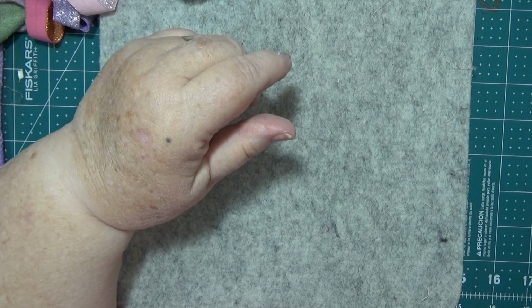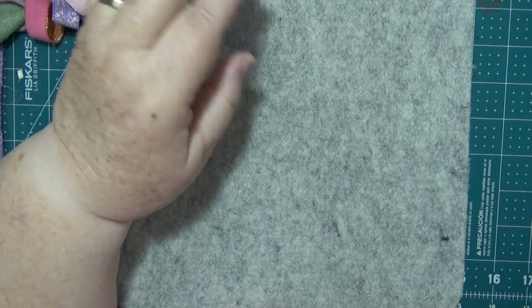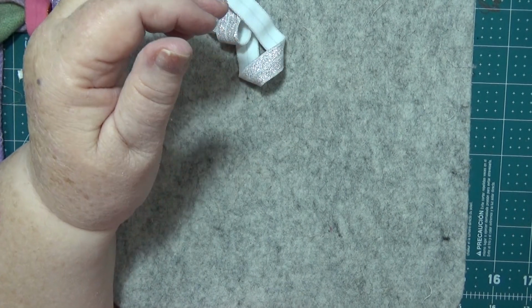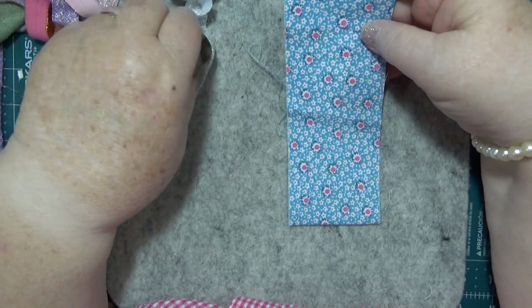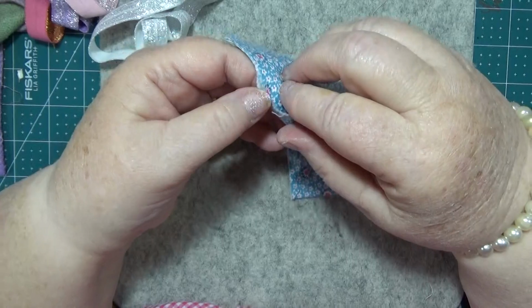Okay, now I'm going to do one of these to go with the silver one. Oh, I got a blue. I just picked this one up because it was...